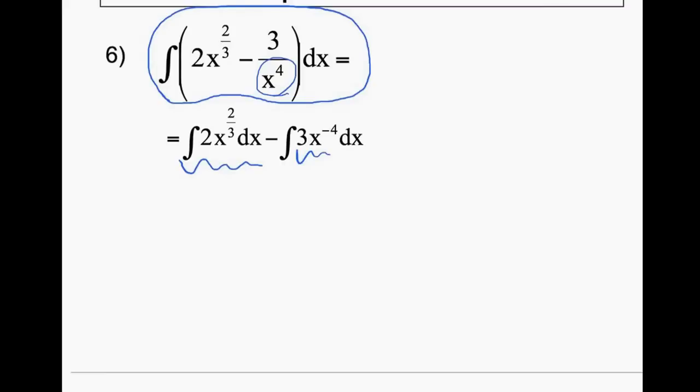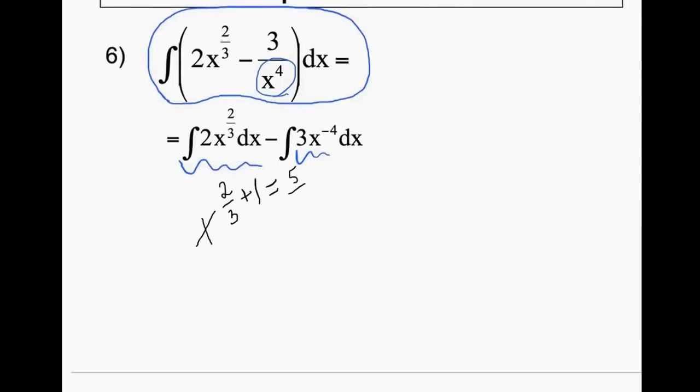Either way that you do it, you're going to have to deal with fractions. So I just want to go ahead and get started and see what happens. If we take x, first of all, we're going to raise it to the 2/3 plus 1 power. 2/3 plus 1, 1 is 3/3, so 2/3 plus 3/3 is 5/3. So we are raising x to the 5/3 power, and then we're going to divide by 5/3,